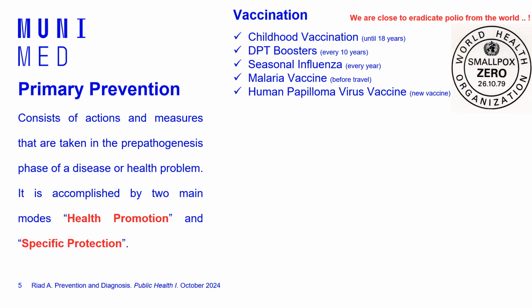Today we have fewer and fewer cases of infectious diseases because of vaccination campaigns that started hundreds of years ago, from the beginning of the 19th century. This is when the first vaccination campaign was approved in the UK, and then in other countries in the West, and now in the whole world.